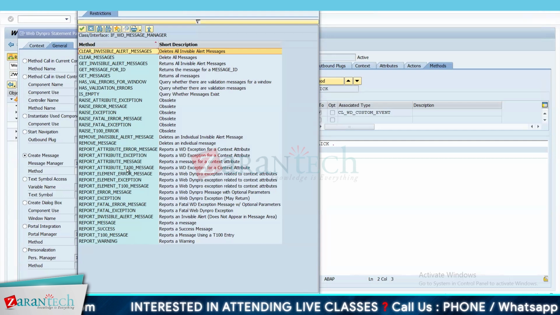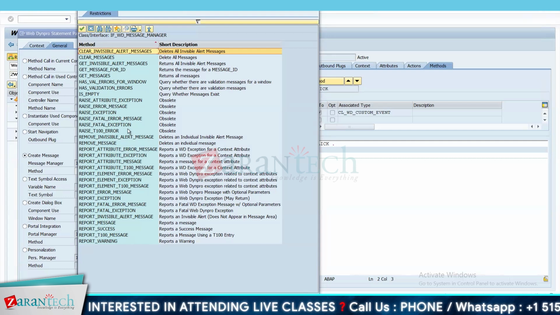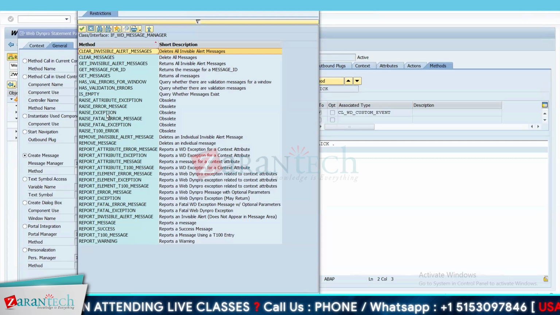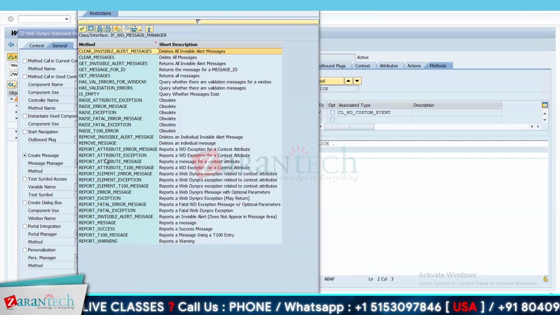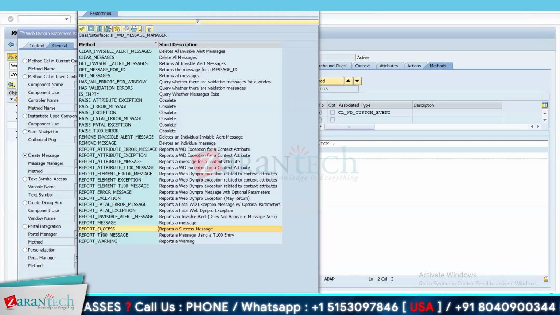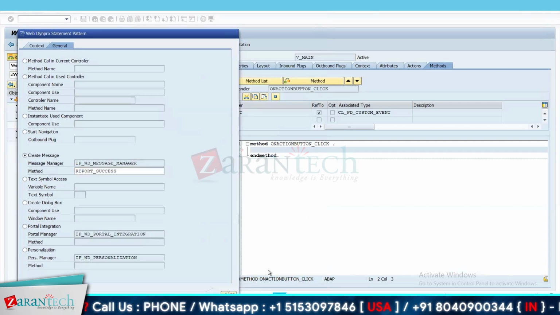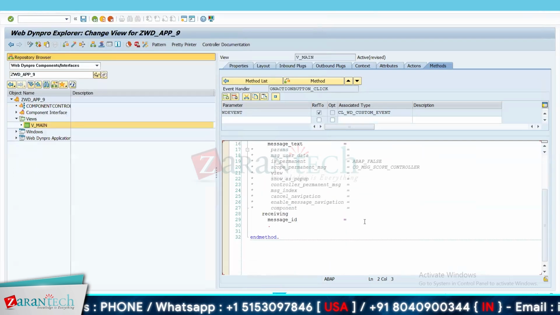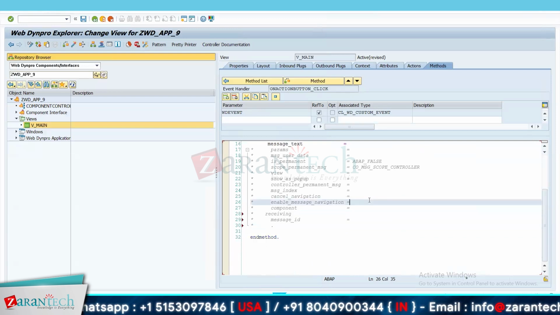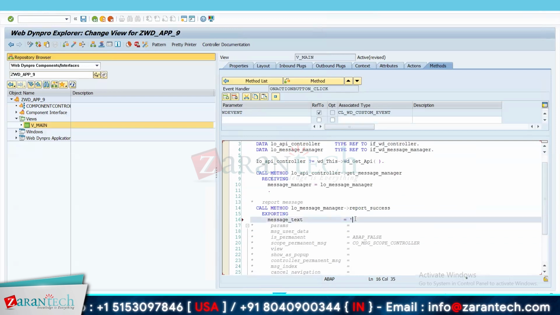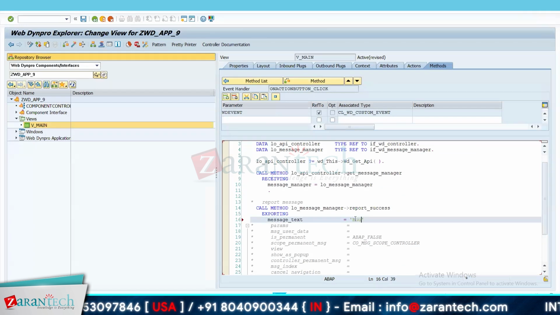Okay, I'm not getting the message of success which we get from here. Report success. Okay, if I am not able to find it, yeah, here it is, report success. In this, I will comment this part because we do not need it here. In this message text, I will give button